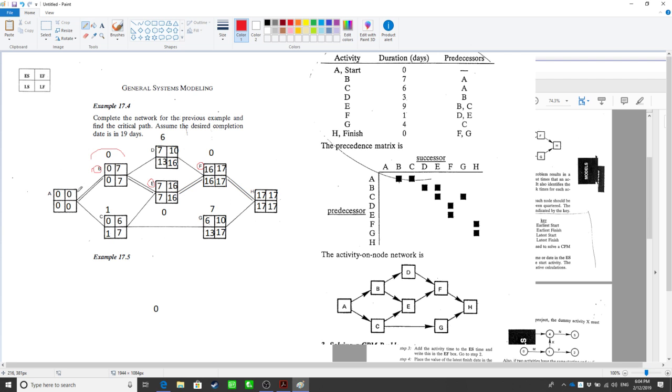So the critical path is... Can you tell me which is the critical path of this activity? A, B, E, I, H. Yeah, it's going to be from A to B, then you go to E, you go to F, you go to H. This is a critical path, and this is the longest path. Okay, because on this